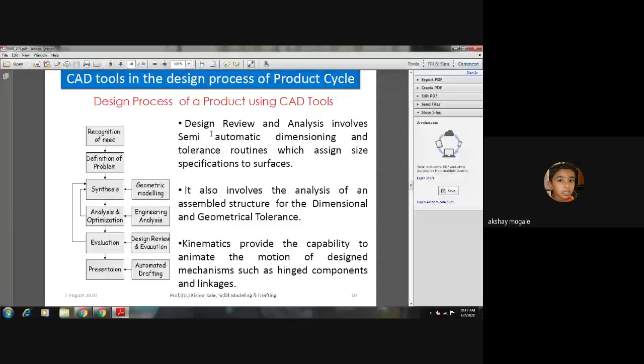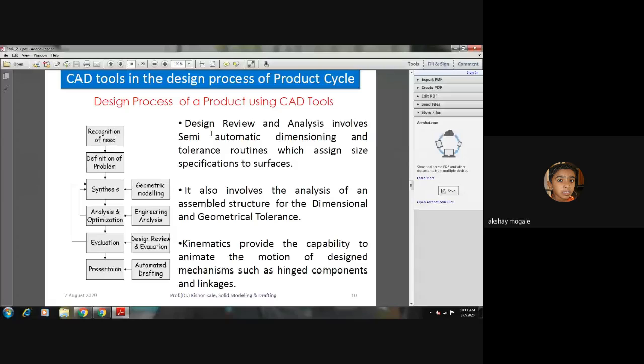Now this is given by the designer. Why is it required? Because ideally what we draw on paper or on the model will have exact dimensions, but it is not possible for anybody to manufacture the ideal geometry.